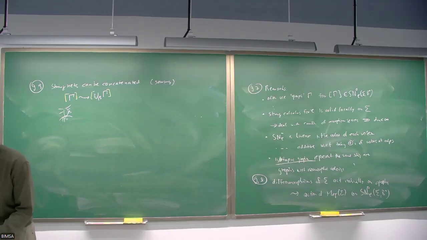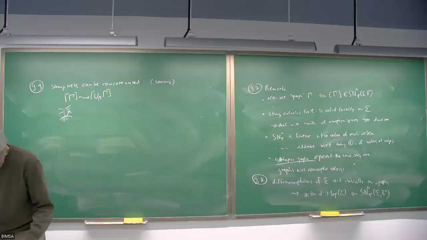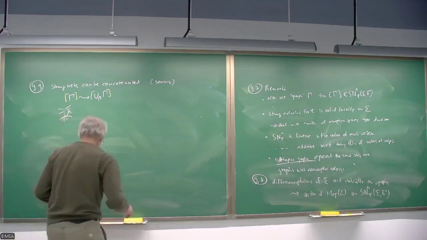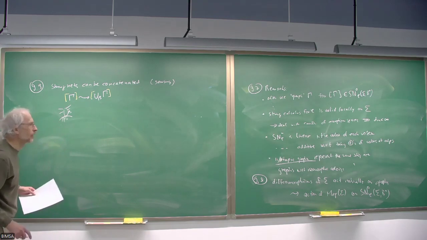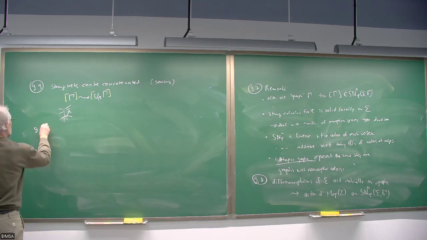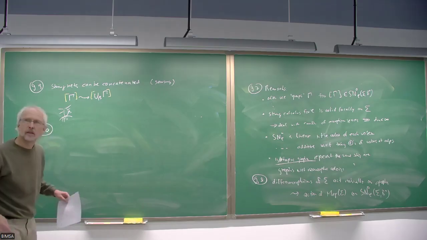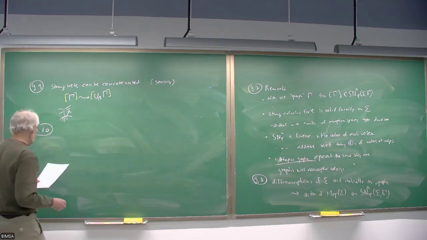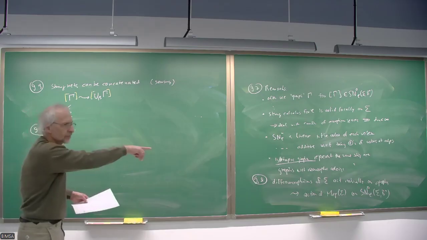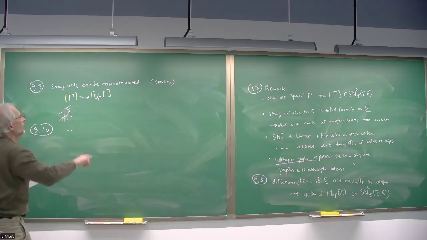Now, as it turns out, what we have been doing so far is nice, but not nice enough. And this brings me to the question of idempotent completion. So we have a finite dimensional vector space with an action of the mapping class group and